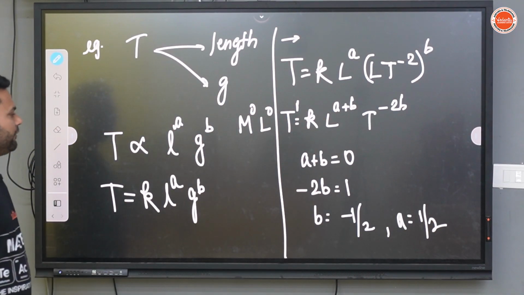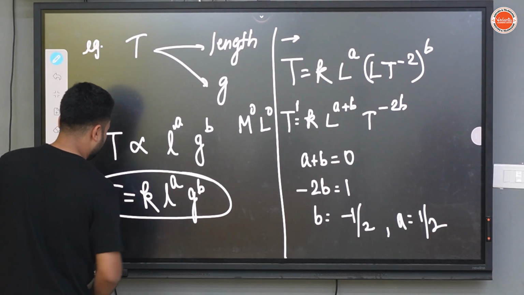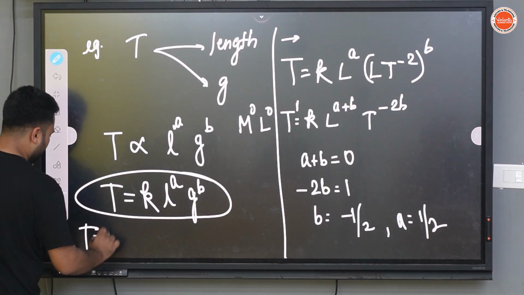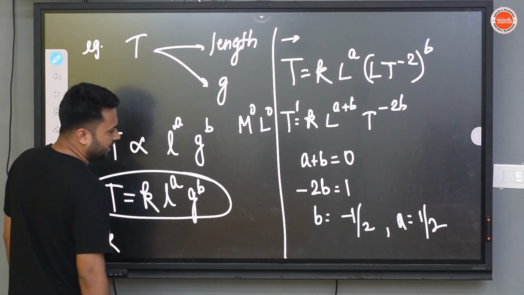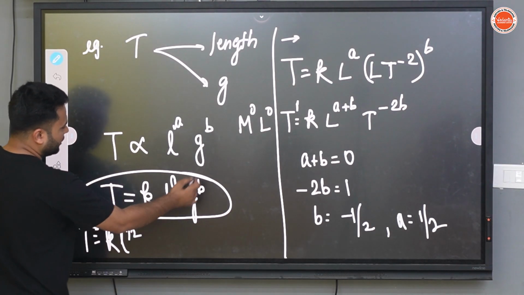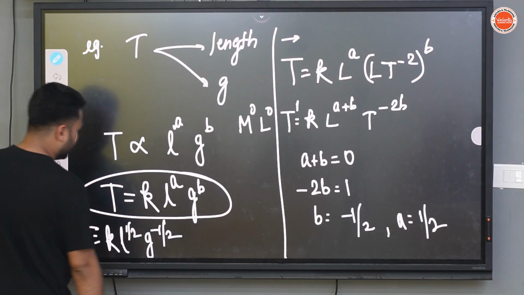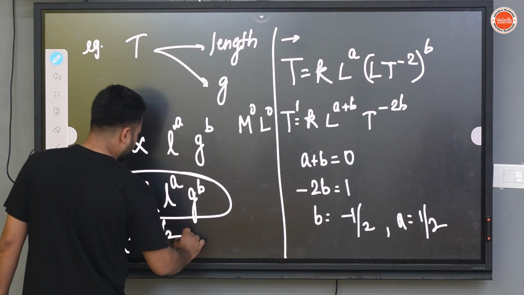See, we got the value of A and B. So time period we can write constant L to the power A. A is 1 by 2, so L to the power 1 by 2, G to the power B. So G to the power B is what? Minus 1 by 2. So equals to K root L,